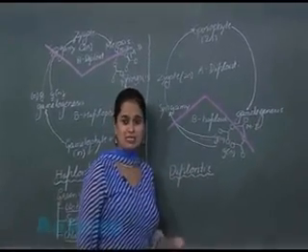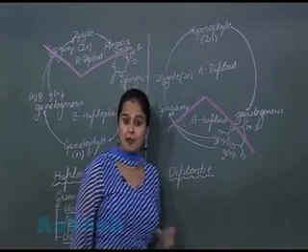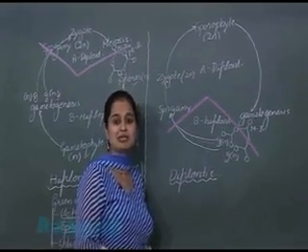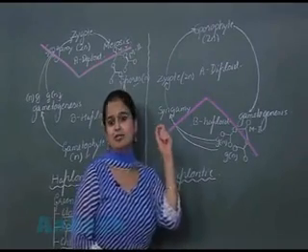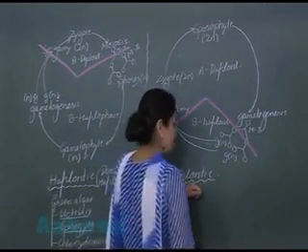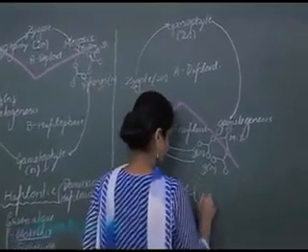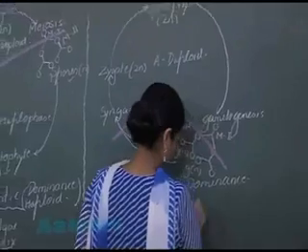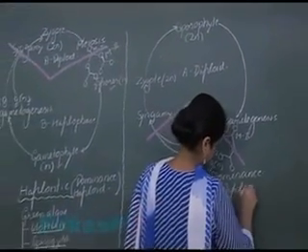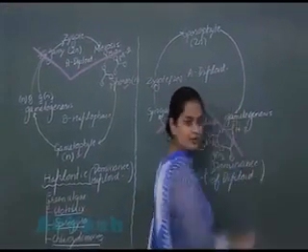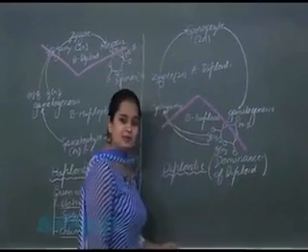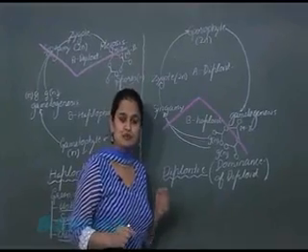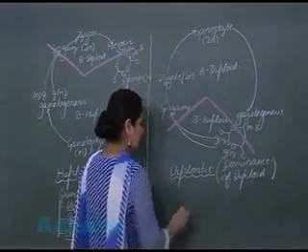So here it means there is dominance of diploid phase. So when there is dominance of diploid phase, such type of the life cycle is known as diplontic life cycle. So what is the characteristic feature of the diplontic life cycle? Dominance of diploid phase, right? Now in the diplontic life cycle, one very important thing which we should understand here is that